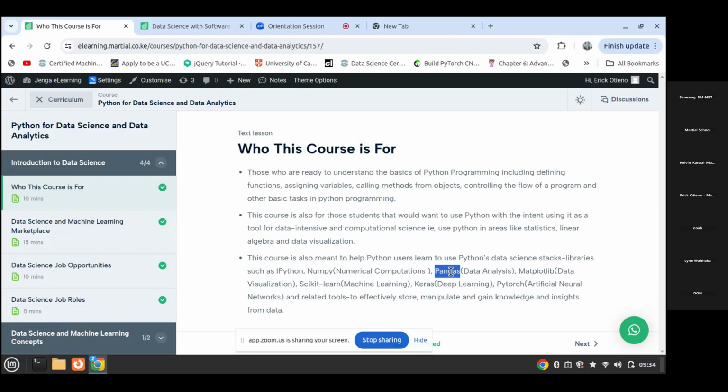We'll be talking about scikit-learn for doing machine learning, and later we are going to use keras and tensorflow for deep learning, and also pytorch for building some artificial neural network projects. So all these are the main reason why Python is the prerequisite course for both data science and data analytics.